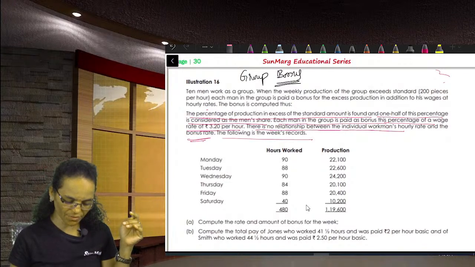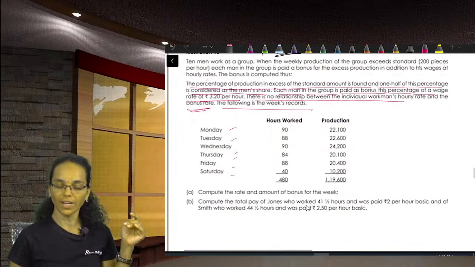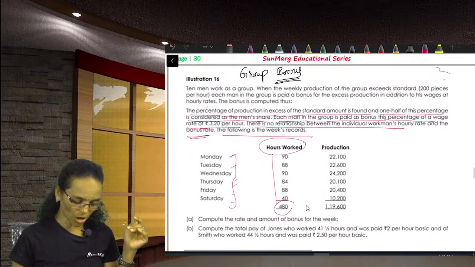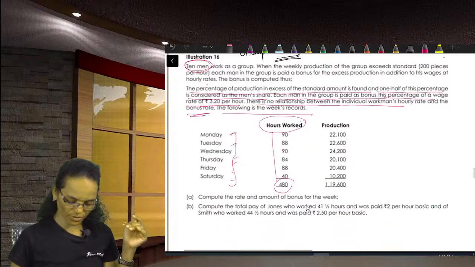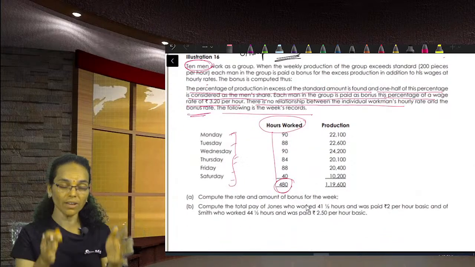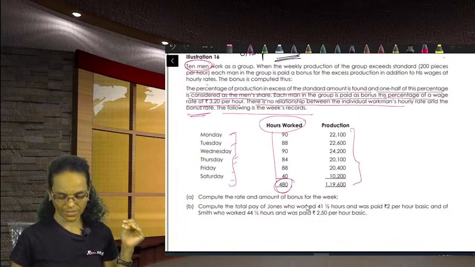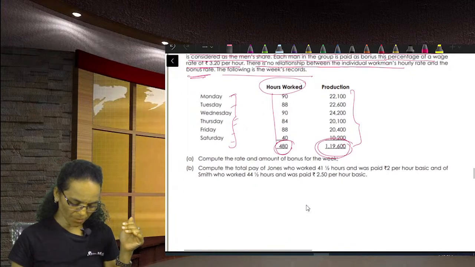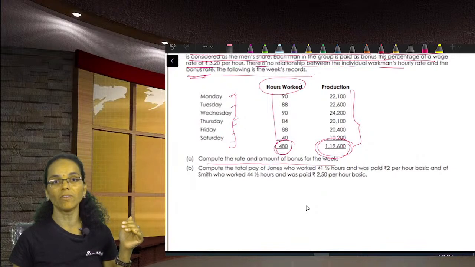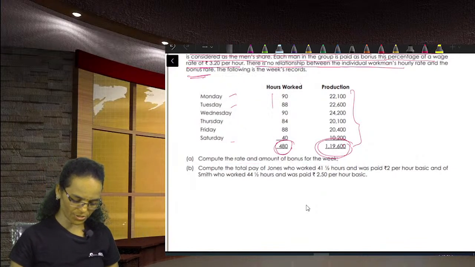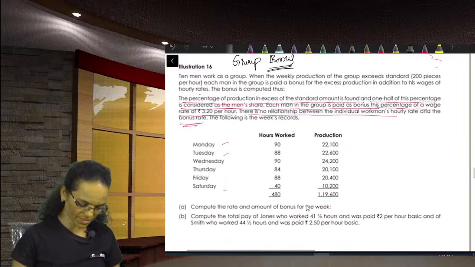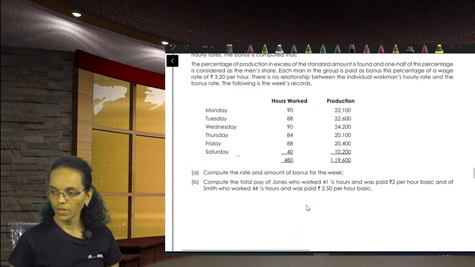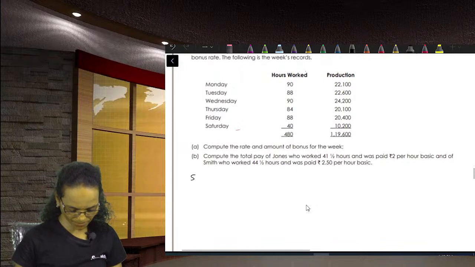The following is the week's record. Monday, Tuesday, Wednesday, Thursday, Friday. Number of hours worked is given, totally 480 hours. How many members are there? 10 members are there. Totally they worked 480 hours during the week, and the production is given like this. Total production for the complete week is given this much. Compute the rate and the amount of bonus for the week. Okay, now the question comes into picture. See, the standard production for actual time